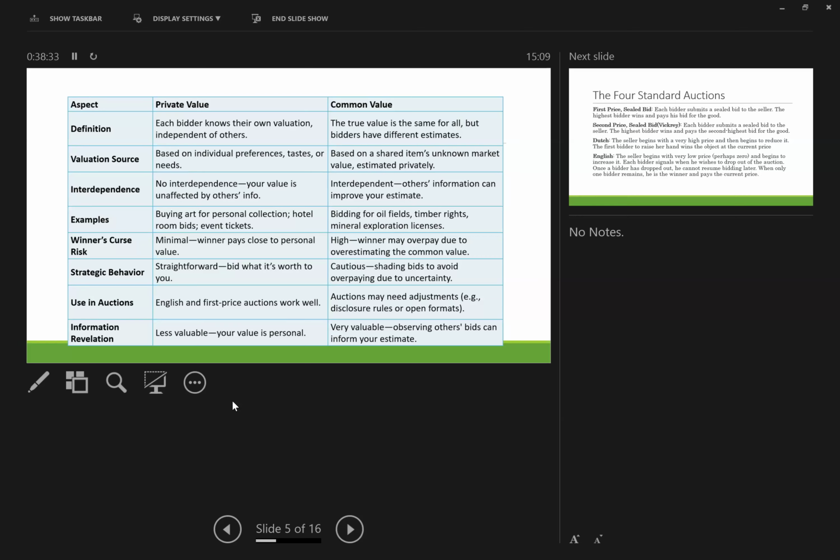Yes, sir. So for the common value, let's say I want a concession in Ayinsuano to mine gold. I've heard of something they call prospecting. They have some machines that they use to